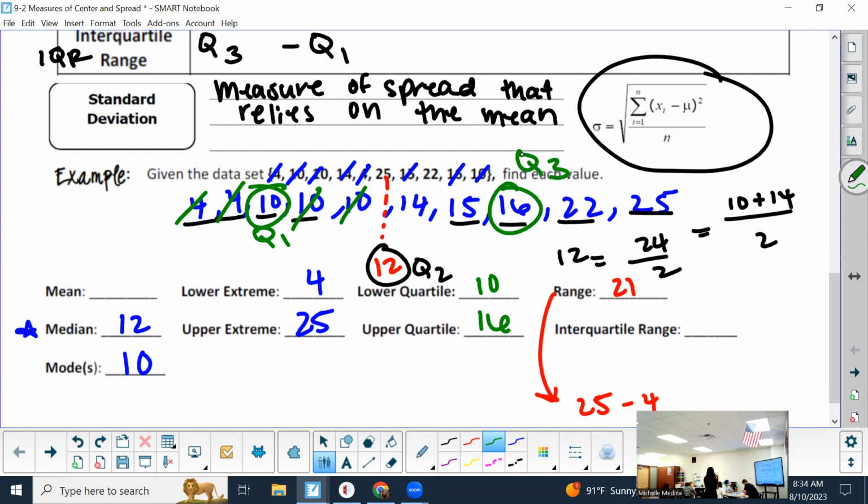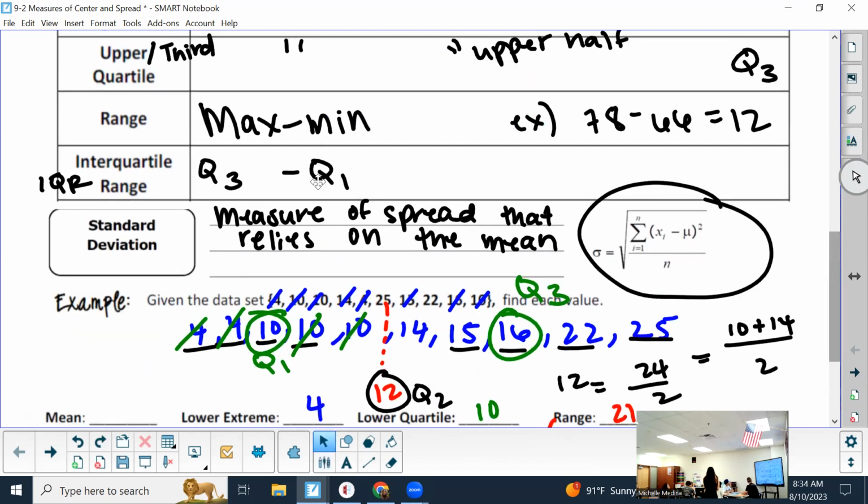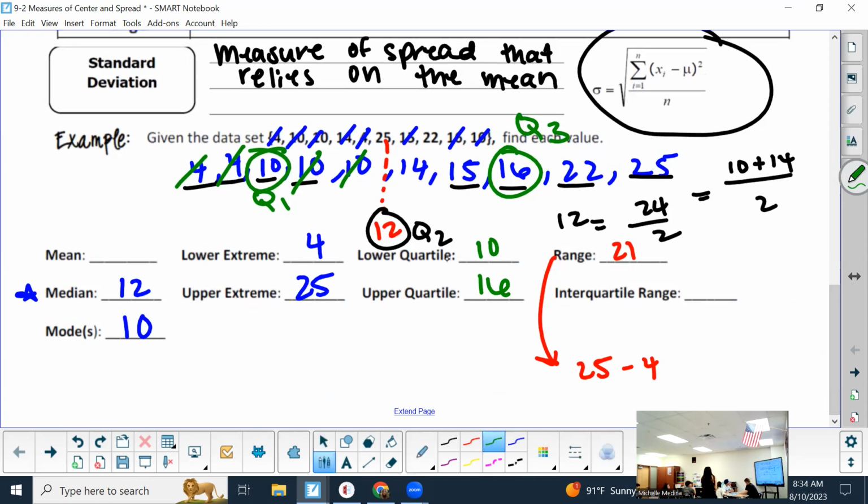All right, so we've got that. Now we have mean and interquartile range left. So which one do you think is easier? Interquartile range. If you go back to that definition, it's Q3 minus Q1. And we just spent time identifying our Q3 and our Q1. So my Q3 was what, class? Good. My Q1 was, and my interquartile range is